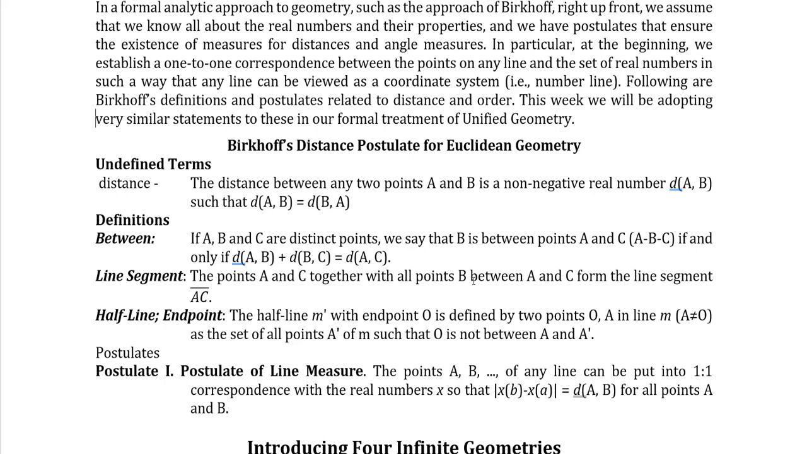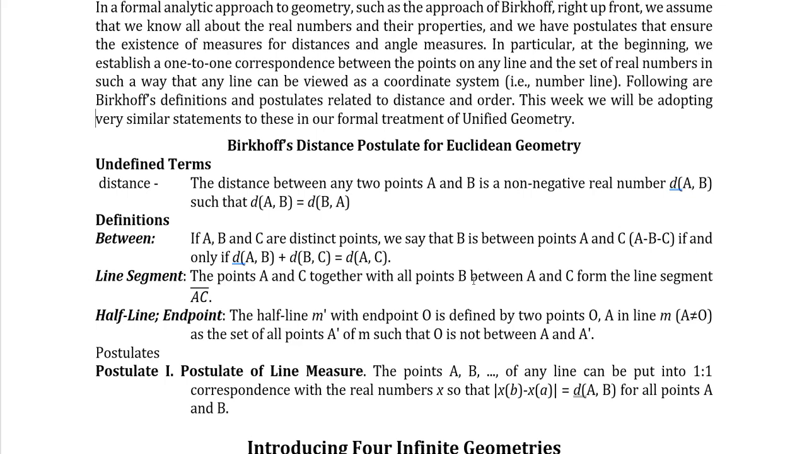And then he has a postulate of line measure. The points A, B, and so forth of any line can be put into a one-to-one correspondence with the real numbers x, so that the absolute value of x of B minus x of A is the distance from A to B for all points A and B. And so we're going to have some very similar versions of postulates that we're going to formally introduce in a little bit. But before we return to our formal